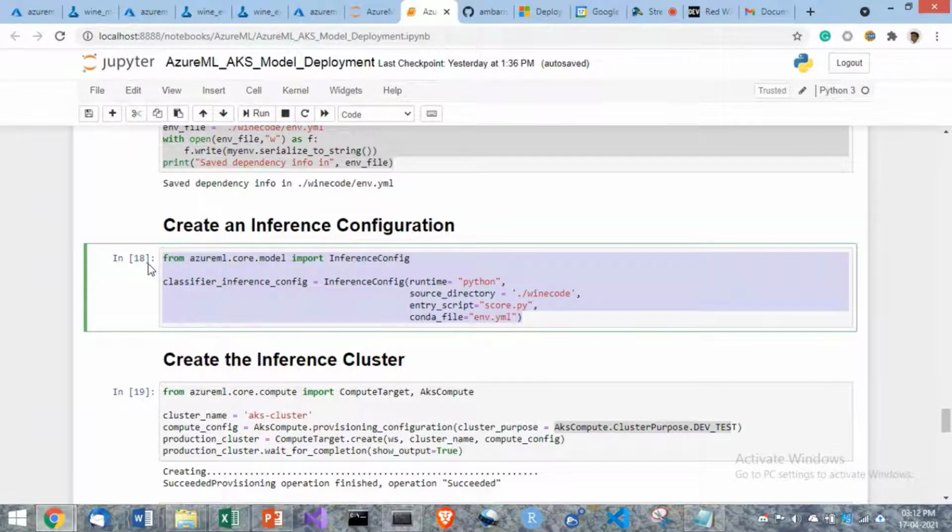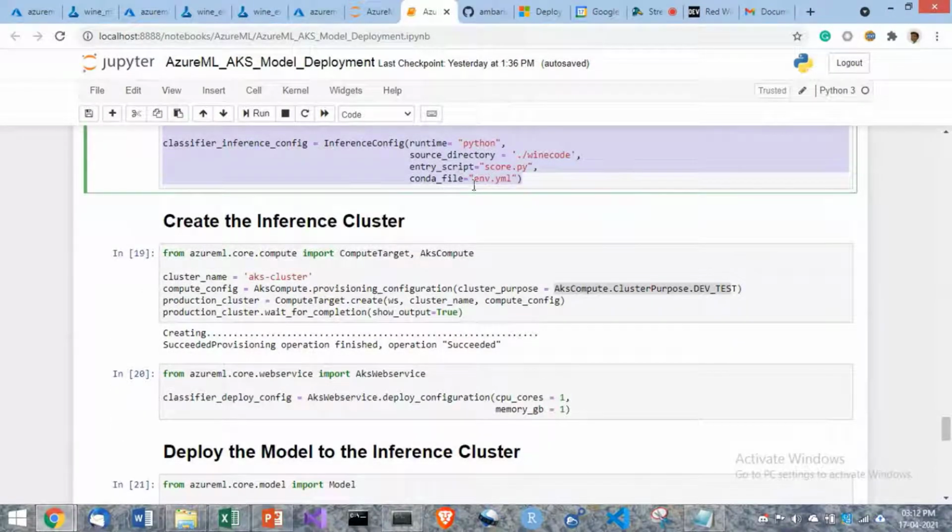Once you have all these things, you need to create an inference cluster. Because this is a very simple thing, here you may not require a cluster, but in production many requests would come in, so you would require a cluster in which you can deploy your models.